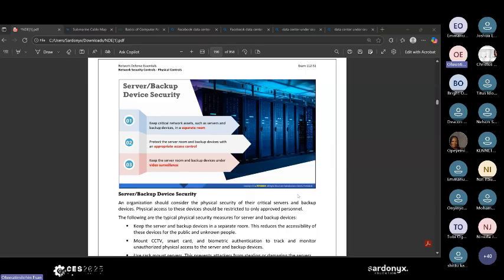Log servers also should be kept in a separate room, because if there are no logs, there's no incident response and forensics. If our SOC analysts are working on nothing, there are no logs. That log is also a life-saving server. Because if there's any problem, you can always go back to the logs and see where the problem is. And that way you can have correlation to see if there's any intrusion or if there's any attack. You can also do forensics. So log servers are always very important.